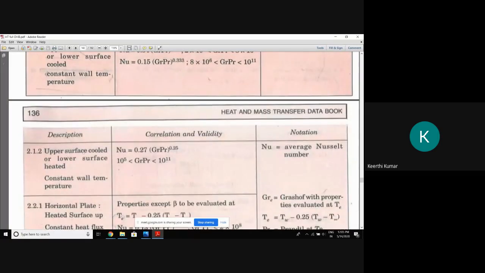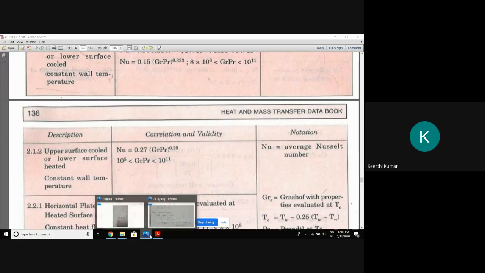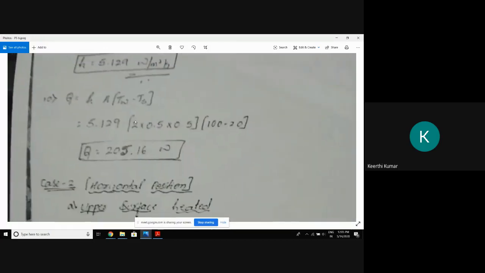Again, if the upper surface is cooled and the lower surface is heated up, then you should use this equation and find out Q. This is for the upper surface, this is for the lower surface heated up. So find the Q here, find the Q here, and add these two. In the first case, we just multiplied 2 into area, but here we are not going to multiply 2 into area. We'll have one separate Q for the upper surface, a separate Q for the lower bottom surface, and add those two. But here we are making it 2 only if it is vertical position.